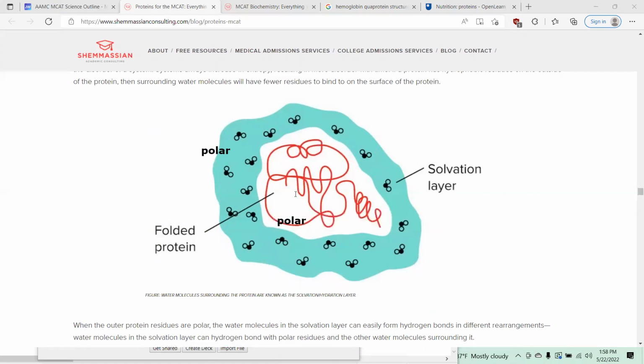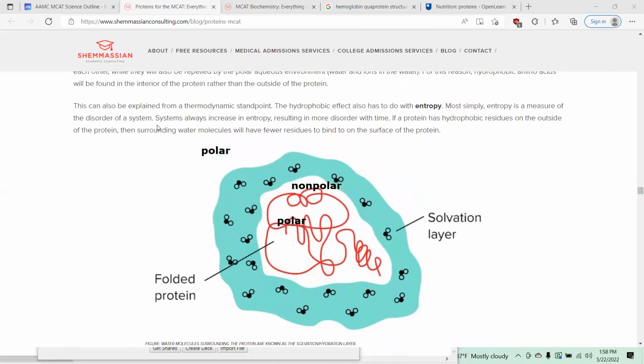But the inner parts of the protein should be non-polar because they don't want to be attracted to the water. They're just going to be attracted to themselves, and they're just going to be inside. Why is this good? This is good because